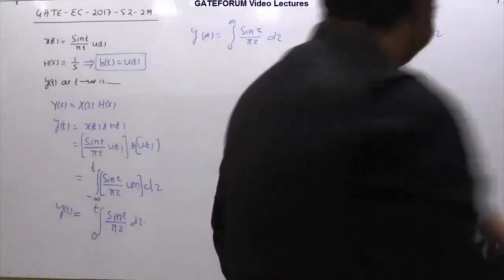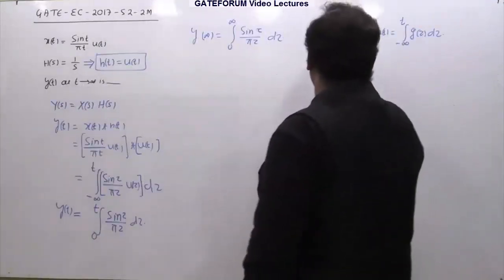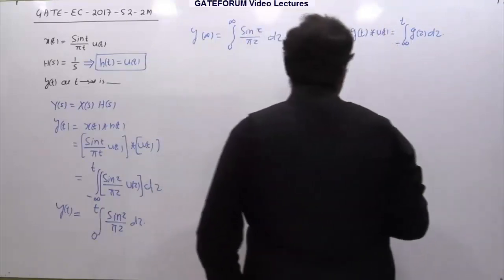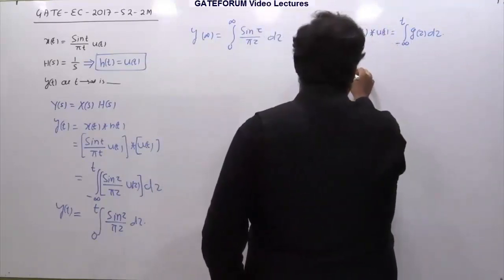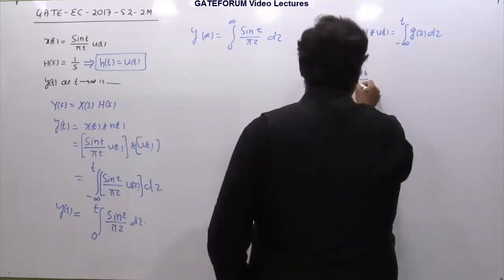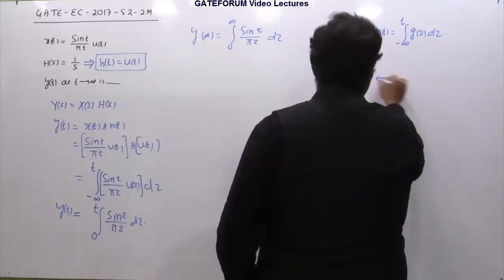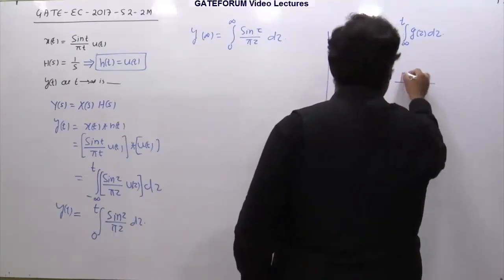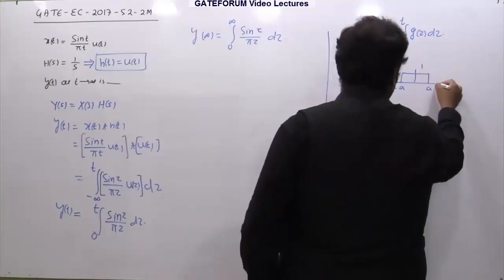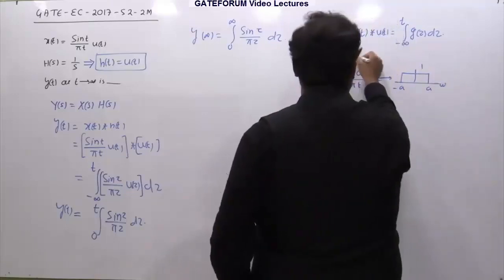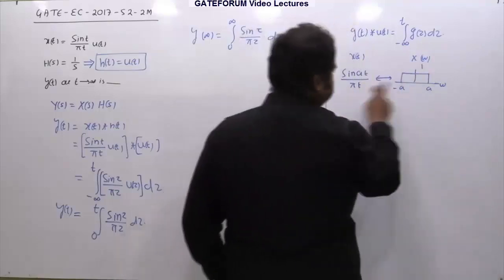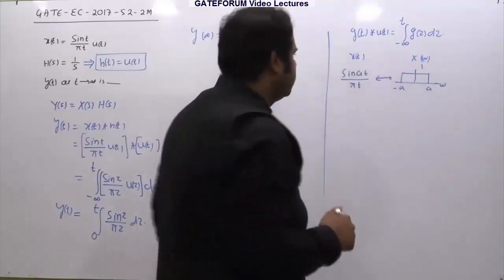So how do you do this? Again, some standard results are there for this, but let me show you. Suppose, for example, I ask you what is the Fourier transform of sin(at)/(pi t). You must be knowing that this is given by a rectangular function which exists from minus a to a, height is 1, and this is the omega axis. If this is my x(t), this will be my X(omega). If this is the time domain signal, this is its corresponding frequency domain signal.